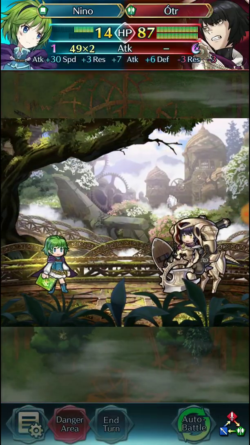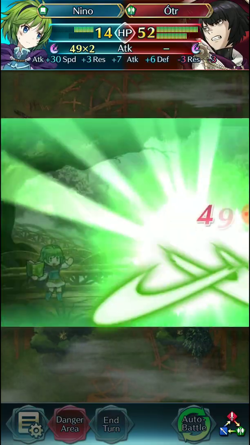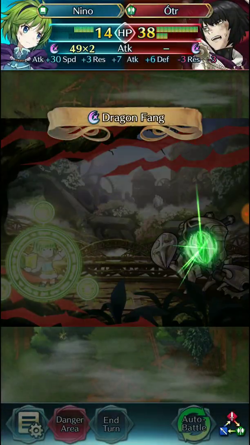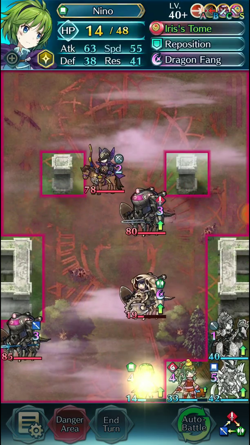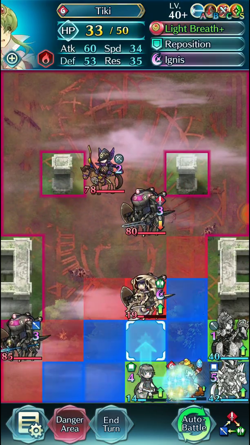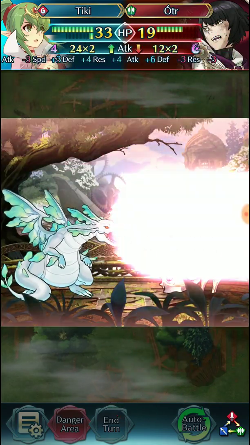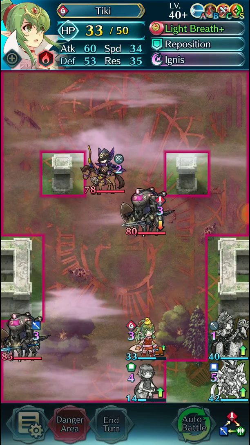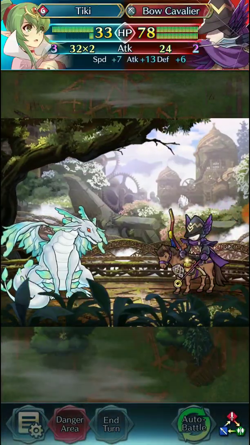But what we can do is use Nino to attack into Odor, but thanks to Deflect Magic, this Dragon Fang is not going to do that much. Still a good chunk, but of course 80% damage reduction is quite a bit. But that allows Adult Tiki to pick up the kill now. And now she can cover Nino from the Brave Sword